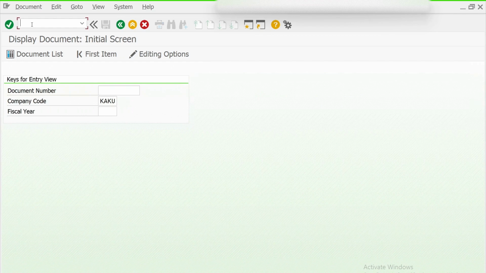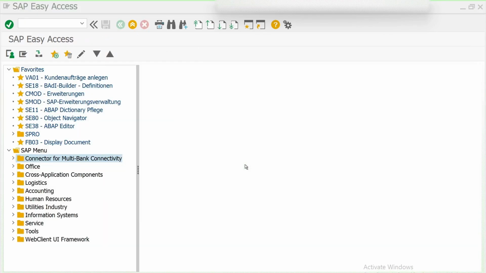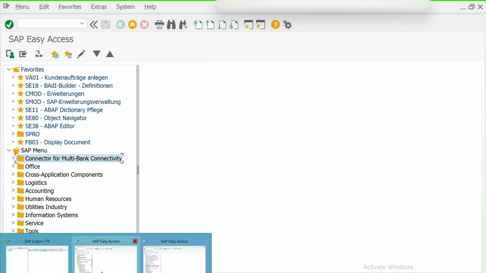I have to come to the command box and give slash and then I. If you give slash I and enter, it will close this particular session. Let me do it. Enter. If you see, that particular session has been closed and these two sessions are left.